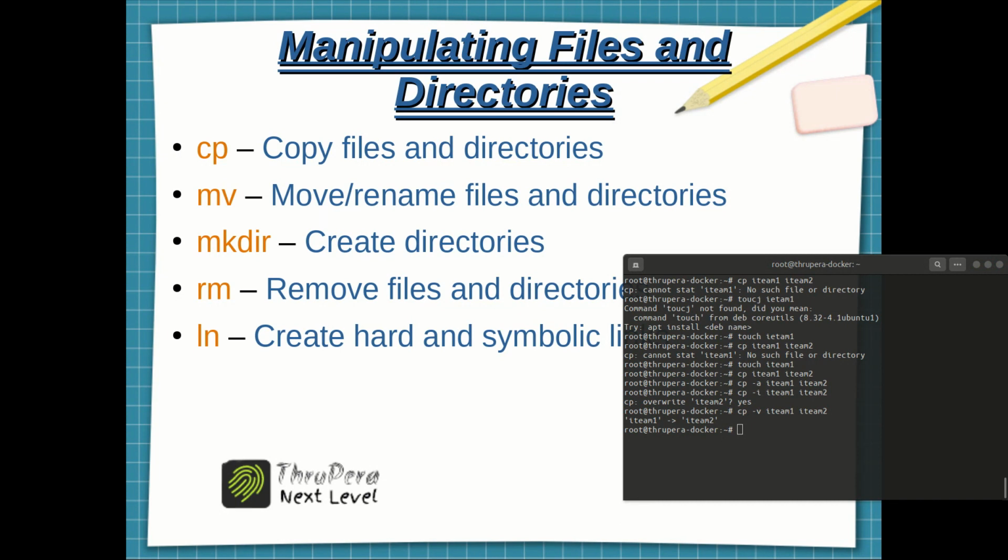Let's summarize the examples we found here. cp file1 file2 copies file 1 to file 2. If file 2 exists, it is overwritten with the content of file 1. If file 2 does not exist, it will be created. And cp -i file1 file2 is the same as the above, except that if file 2 exists, the user is prompted before it is